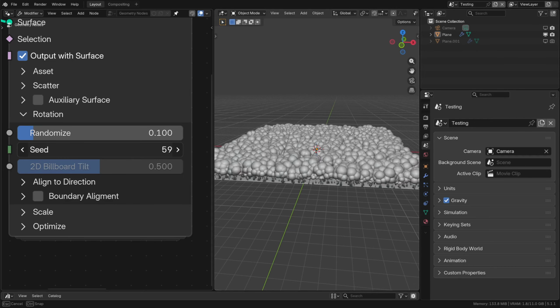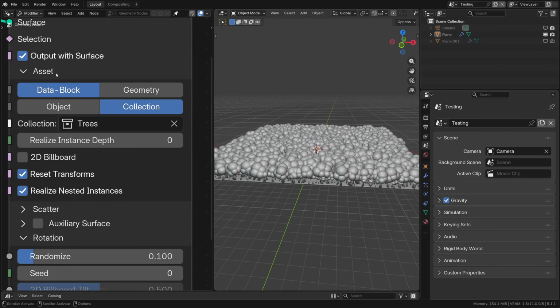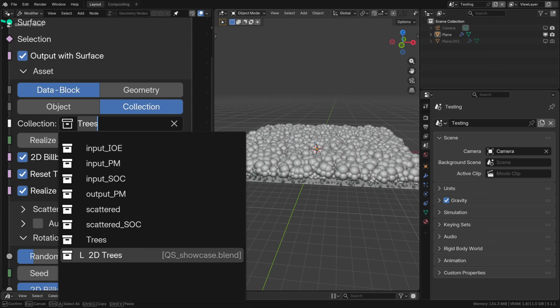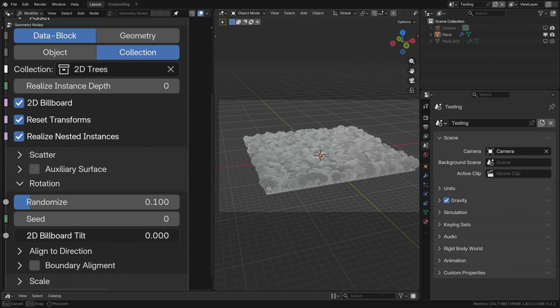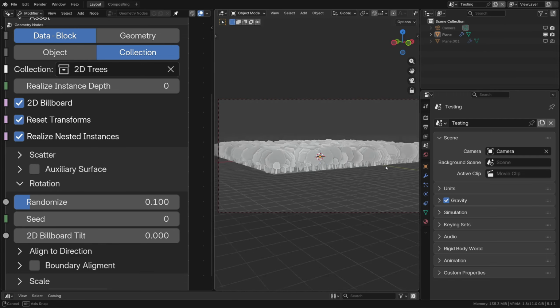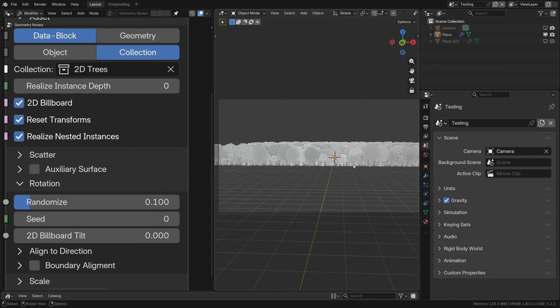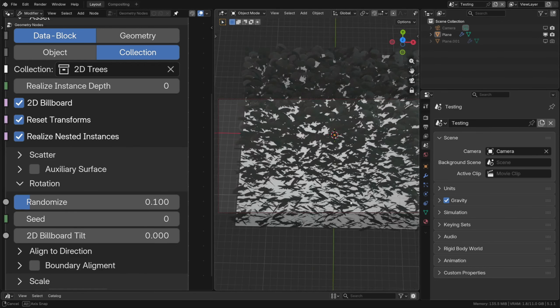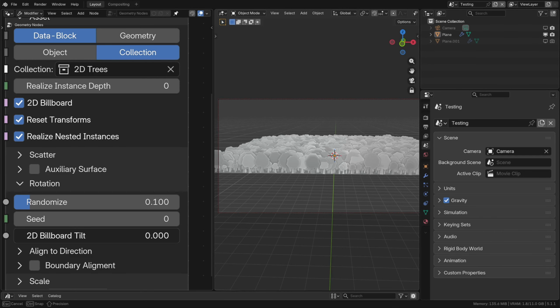You can also control the seed of the rotation. The 2D billboard tilt is meant to be used with actual 2D assets. So if we set this to 2D billboard and we pick 2D trees and go into the camera view, if we set this to 0, we will see that the alignment to the camera only works around the z-axis, kind of, but if we tilt the camera, you can see that the trees are still looking at the camera direction, but not totally. They're not tilting,